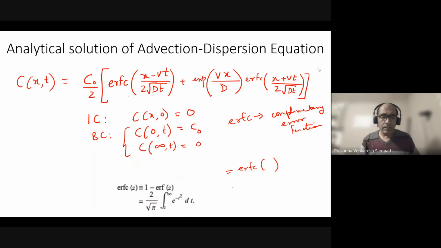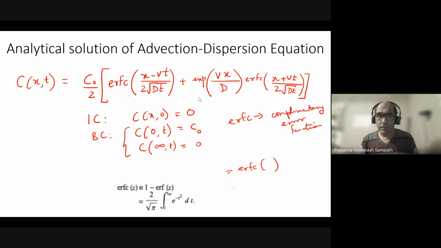So in the last class, we spoke about the advection dispersion equation and the analytical solution for the advection dispersion equation, which looks something like this, what you see on the screen. Now, remember that this analytical solution is for a continuous source, right? So this continuous source has a concentration of C naught at x equal to 0. And if that continuous source is maintained for all time t, t greater than 0, then the solution will look